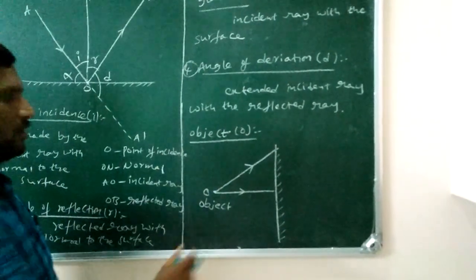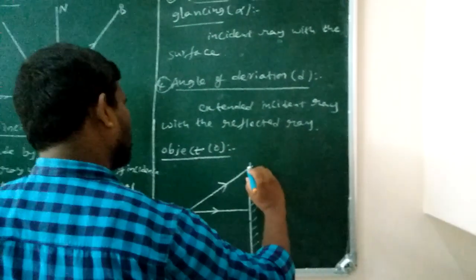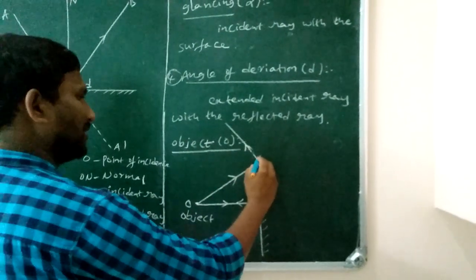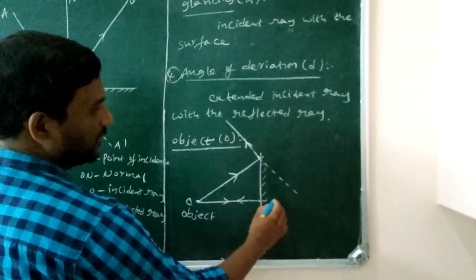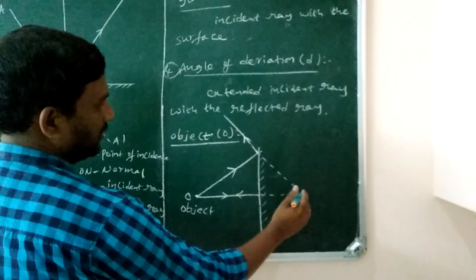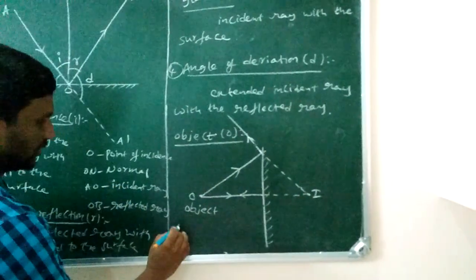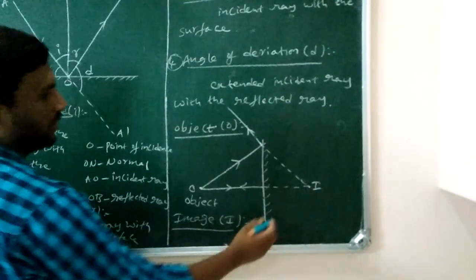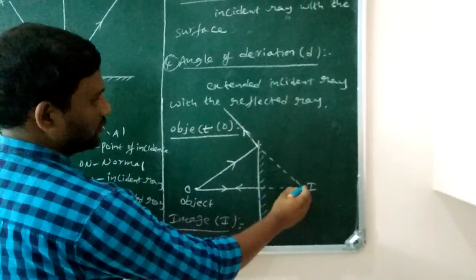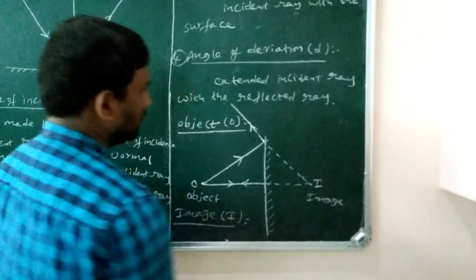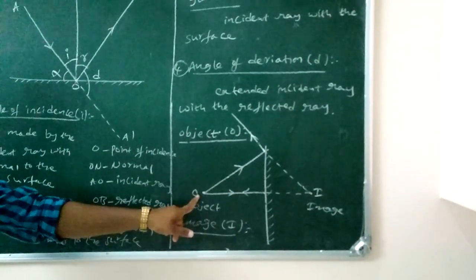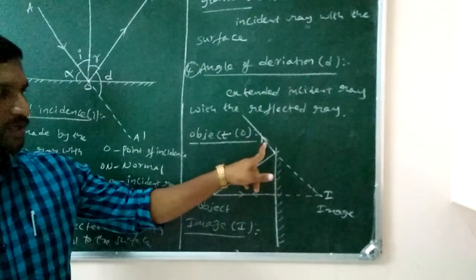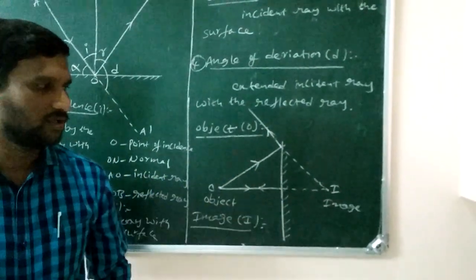These are the incident rays. And these light rays are going to be reflected when they are incident on a plane mirror. The point of intersection of the corresponding reflected rays we can call image. This is the image I. The next definition is image, denoted with I, meaning the point of intersection of reflected rays. This is the object O and this is the image I. The point of intersection of incident rays is the object. The point of intersection of reflected rays is the image.